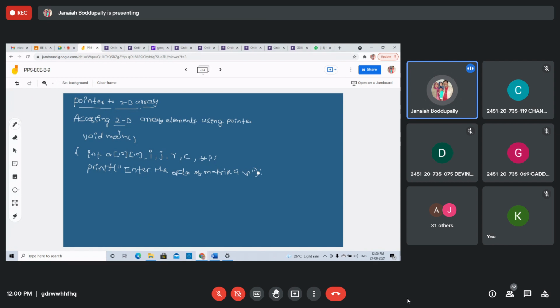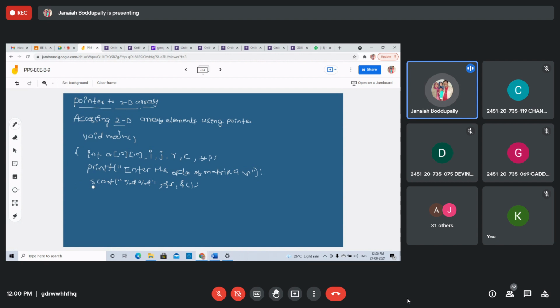This is enter the order. Now scanf for the two-dimensional array: how to read the elements? Percentile d, percentile d, for rows and columns. Enter the order means r and c, that is ampersand r, ampersand c. That's it, the order.